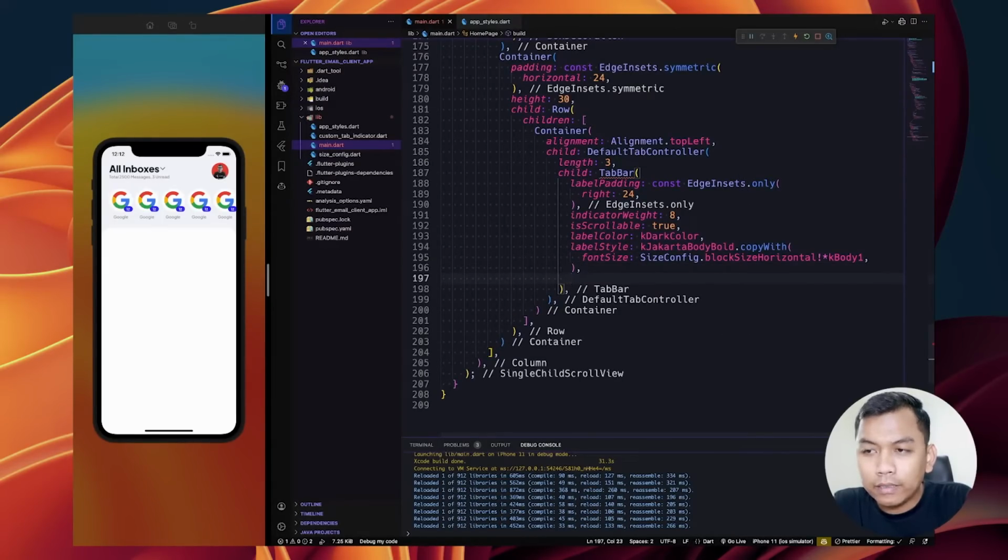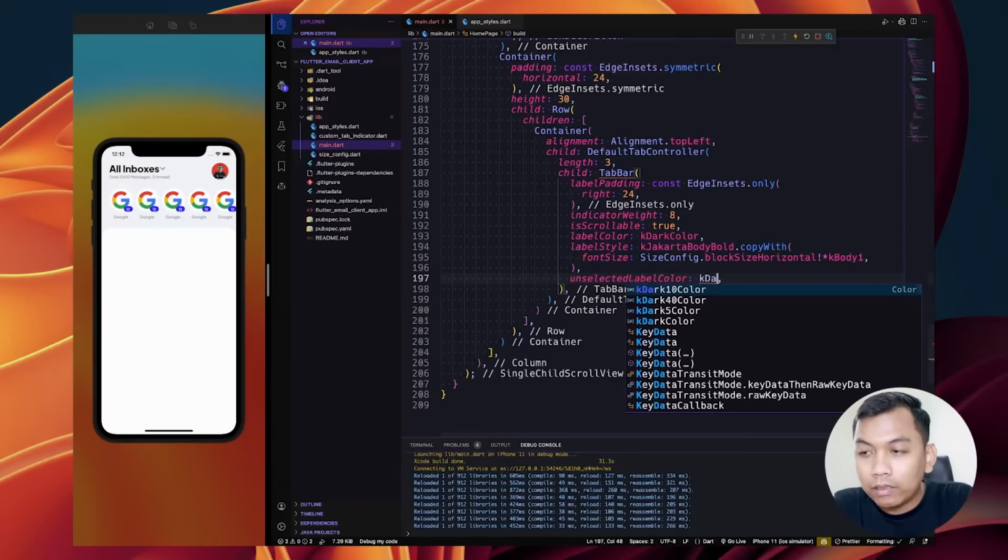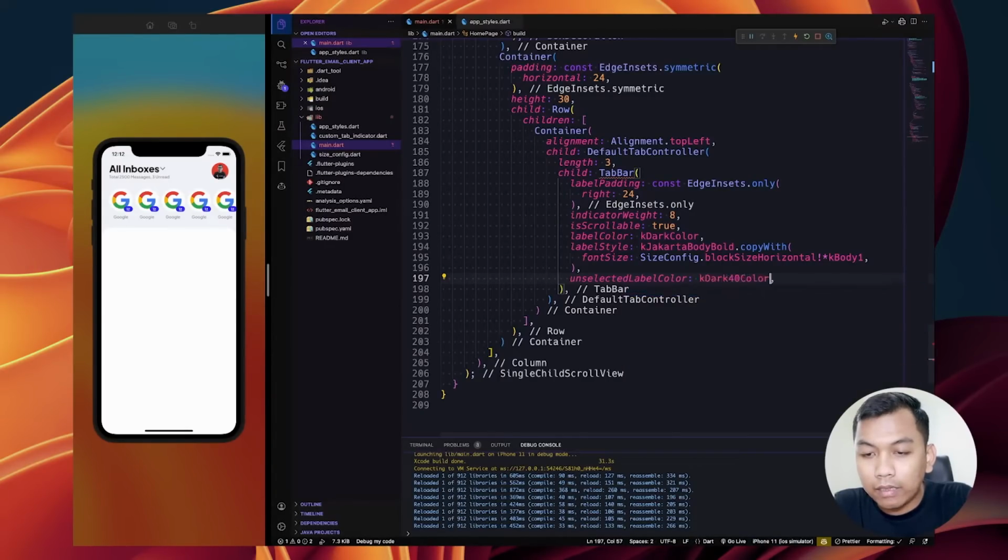And the next unselected label color will be k dark 40 color.